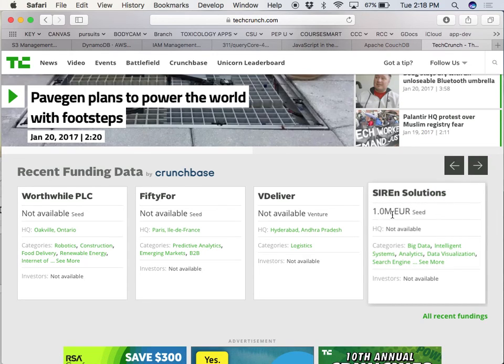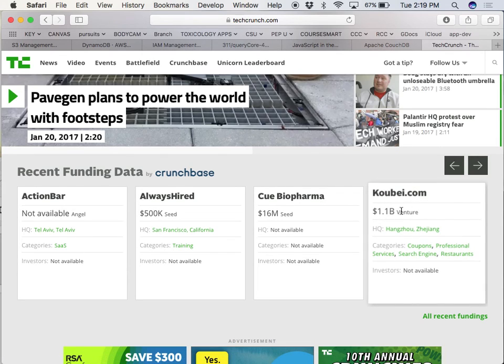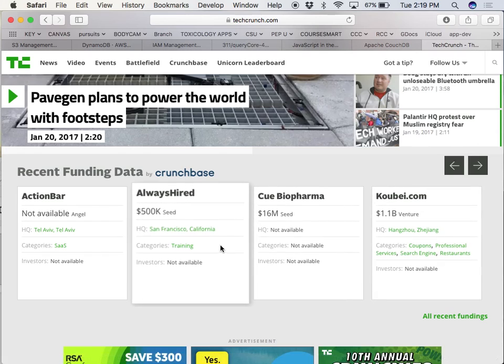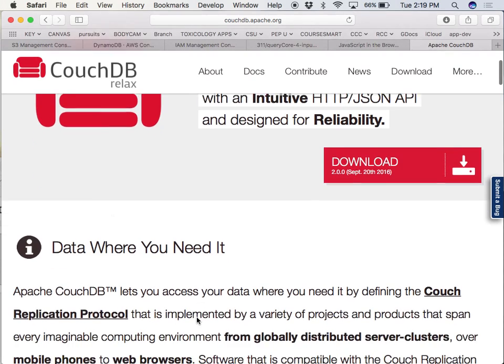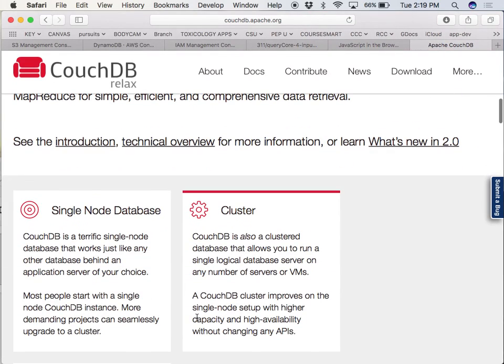$1 million, that's like 10 people. Everybody on that team needs to make 100 grand just to get rent in Silicon Valley. So if you want to make that corporation in coastal California, everybody's got to get 100 grand so they can work around the clock and pay their bills and have insurance. And so 10 million will pay for a couple people in a rental building. So you need to do things very, very intelligently, very conservatively. So these kinds of NoSQL databases are the way that new companies are doing it.